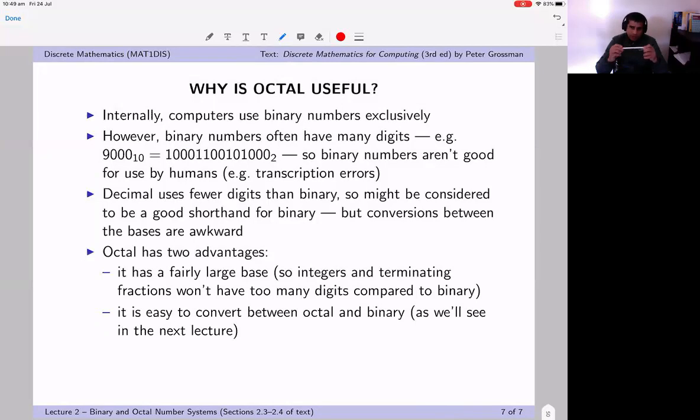Very easy to convert, actually. That we would do in the next lecture. However, I would also explain that there is a disadvantage in using octal. So we'll do that in the next lecture,